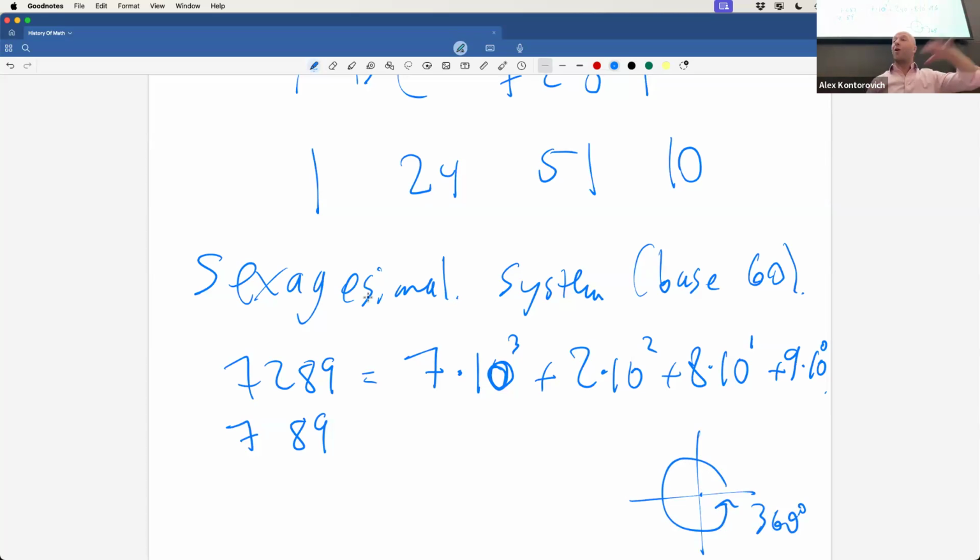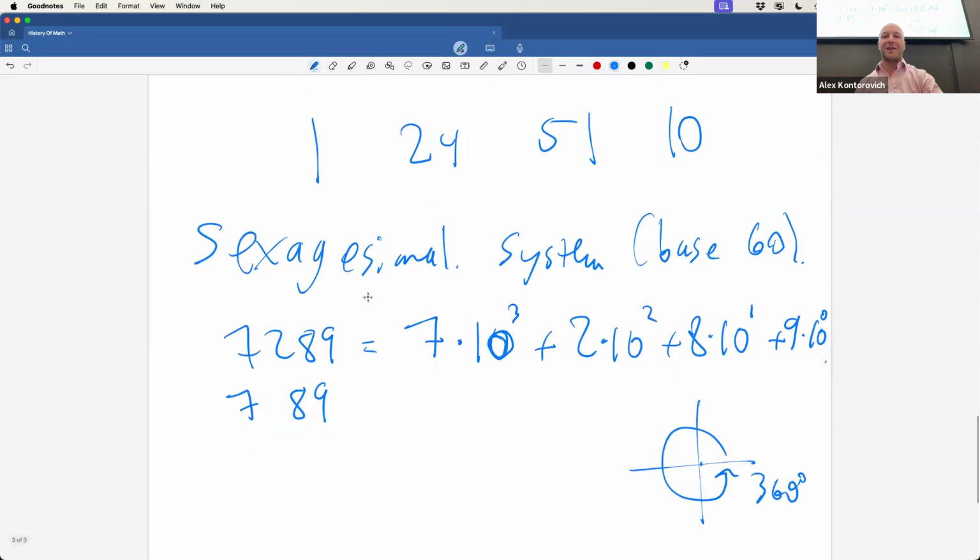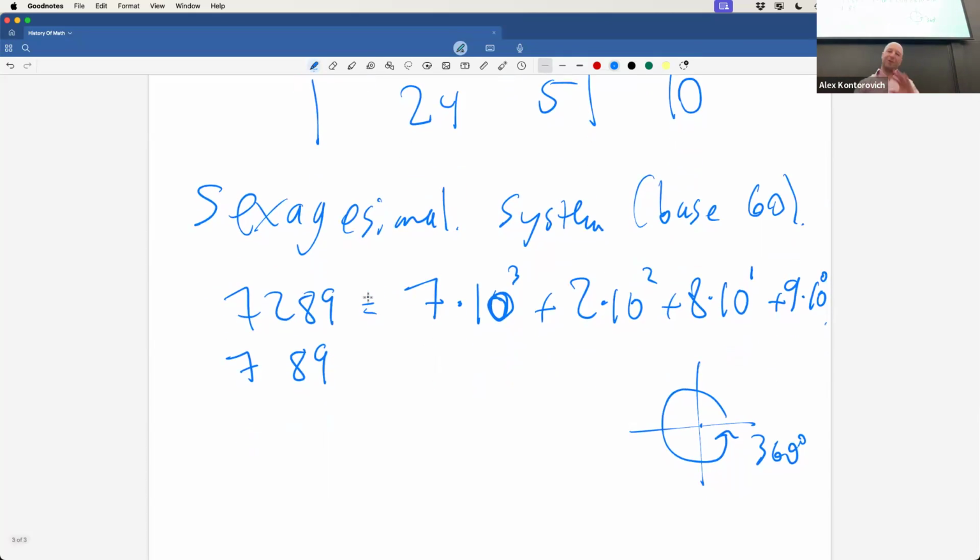You know, the Babylonians knew all kinds of amazing astronomical things. Maybe not amazing on the scale of what we know today, but there was a big industry of trying to predict eclipses. Did anybody go to the eclipse in April?